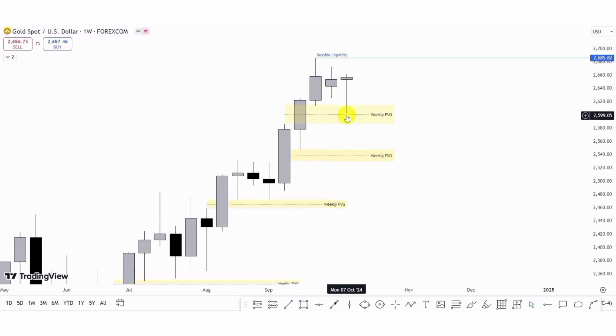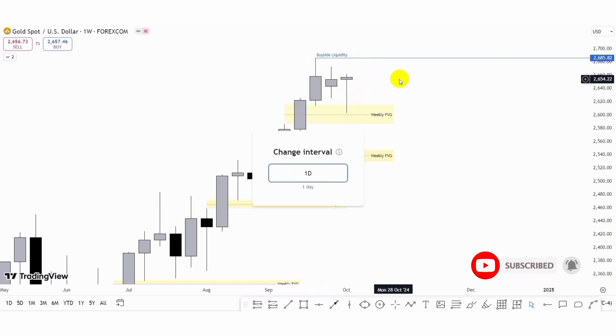So we can see our price return into our weekly fair value gap, and we can see the rejection to the upside. So for the coming week, we're still expecting the possibility of seeing price take out the buy side liquidity. But then we have this rejection week, so we could see price drop to actually mitigate the mean threshold before we can frame any form of a bullish move to the upside. So let's check out the daily time frame.